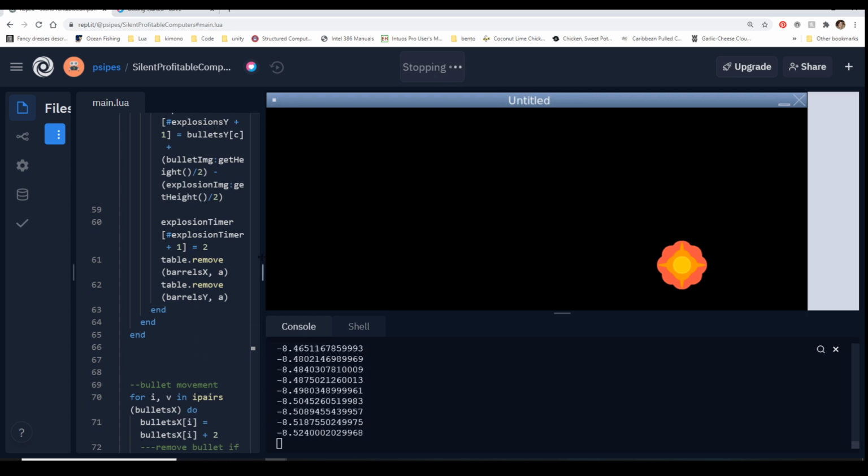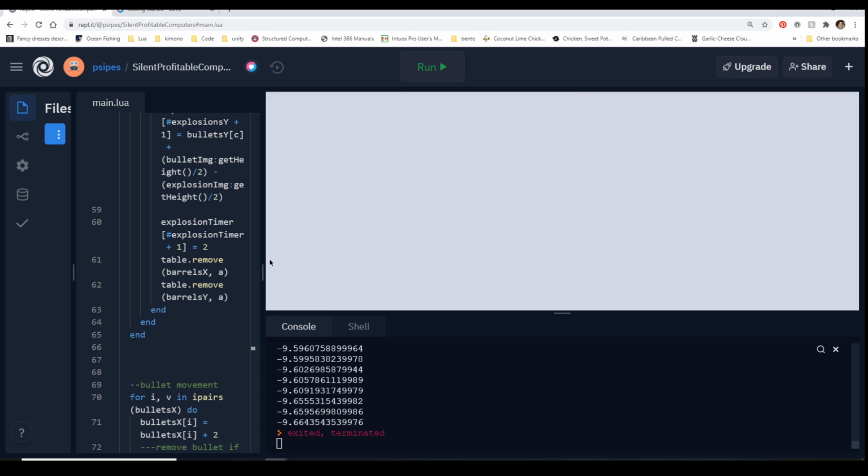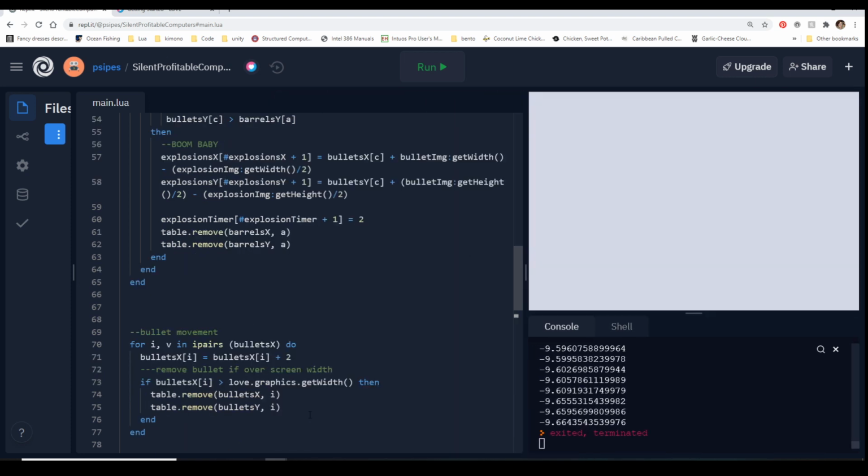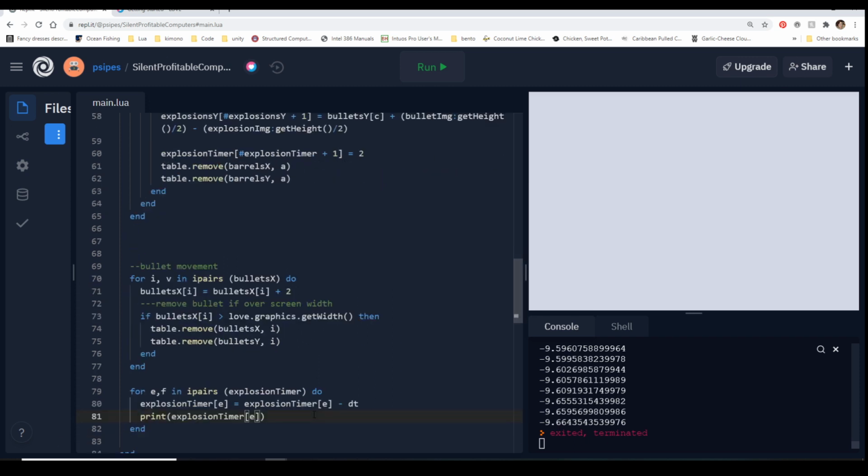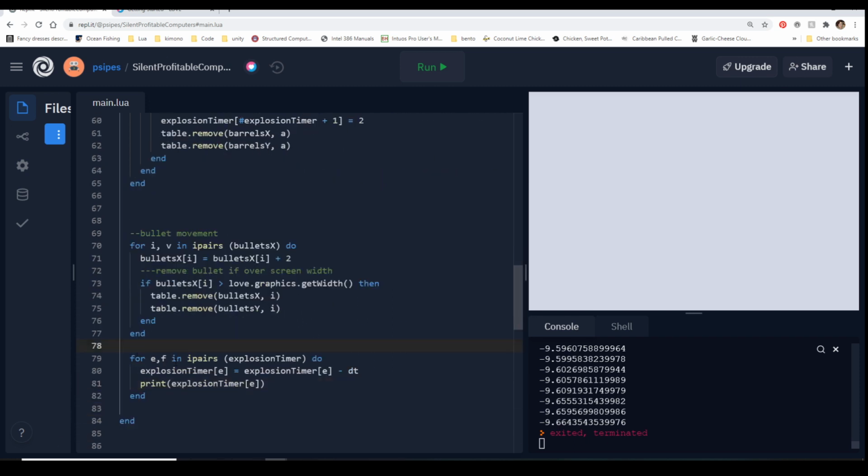So now we have to say what happens after we get to a point in the countdown. So when we get to 0, what do we do? Well, when we get to 0, we want it to explode. Makes sense. So we can go ahead and comment this out, because otherwise this is going to print forever.